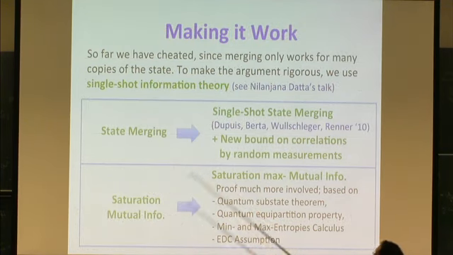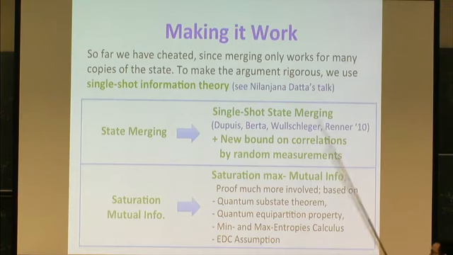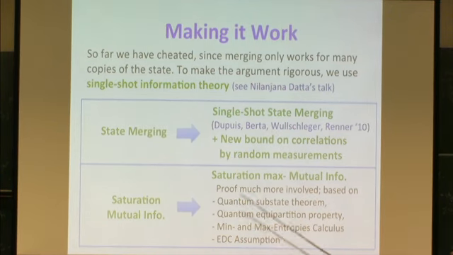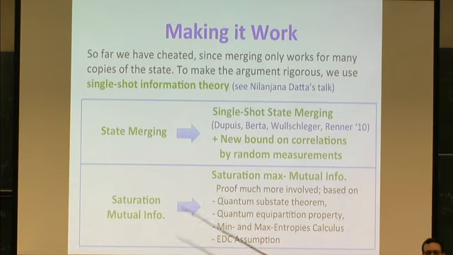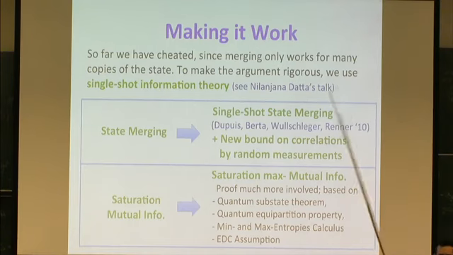Also just to mention, I was using this assumption that we can use asymptotic information theory. We can use entropies and mutual information, all Shannon or von Neumann, which only really works when you have many copies of the state. But we only have one copy of the state in this problem. So this sketch that I showed you doesn't really work, and we must use single-shot information theory, which Nilanjan will tell you about. So this addresses exactly this difficulty that we have here. We want to use information theory and entropies, and it's useful for us, but we only have one copy of the state. So for example, what is this state merging protocol when we only have one copy of the state?